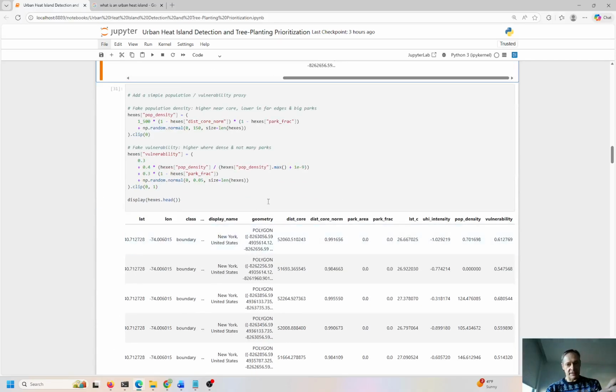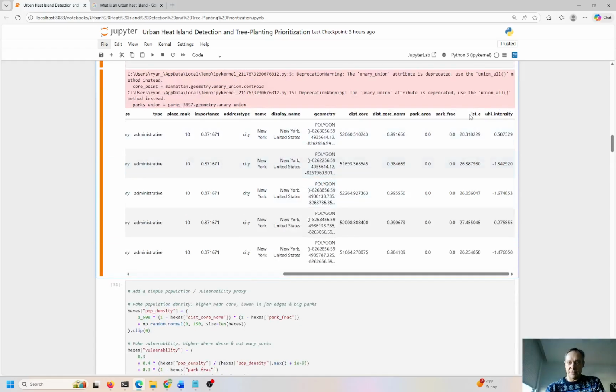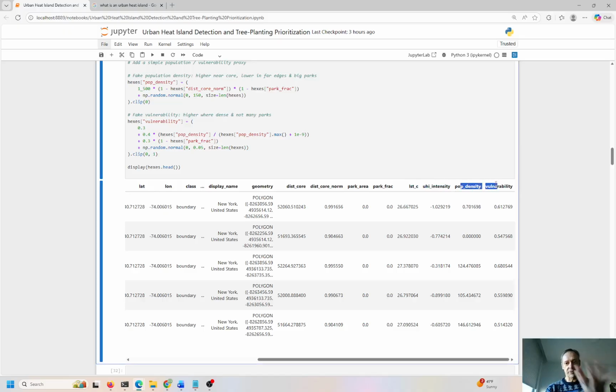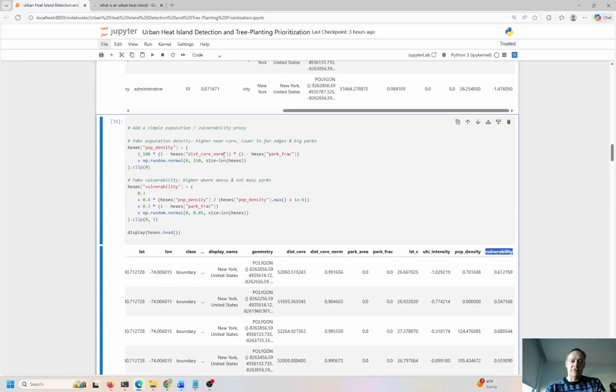Okay, so we're going to add a couple things to this data frame. We end up with LSTC and UHI intensity. Down here, after these 2 columns, we add 2 more columns, appending both columns to the data frame. So we have population density and vulnerability in terms of the concentration of the hexagons that we're mapping and that we're analyzing here,